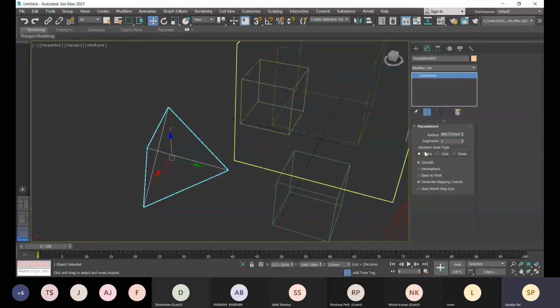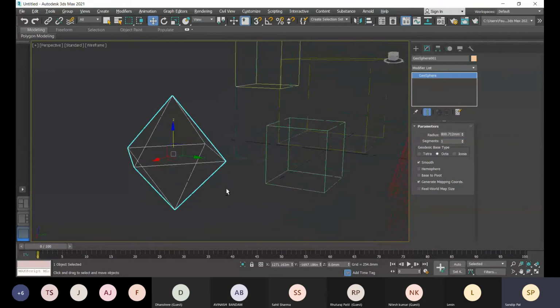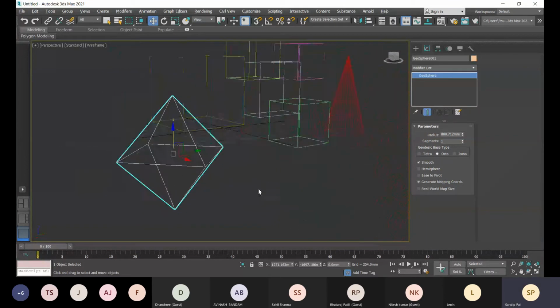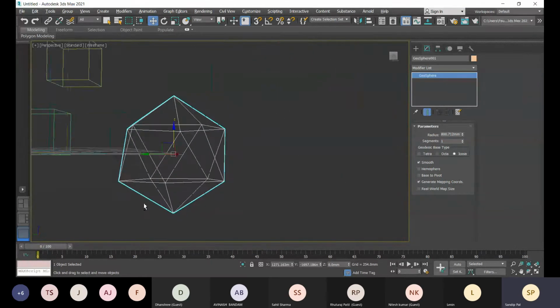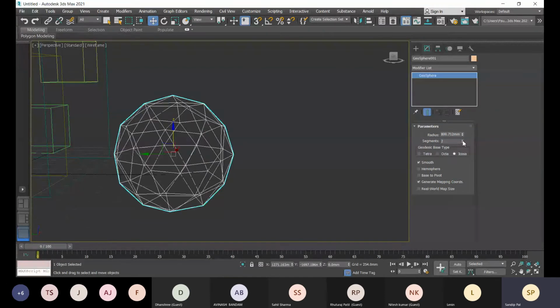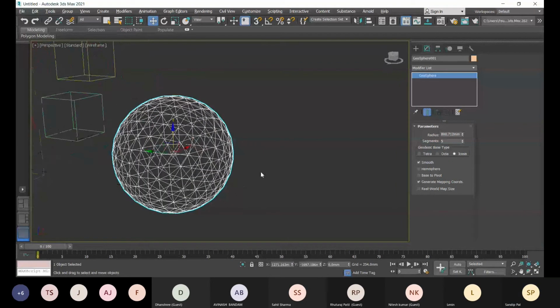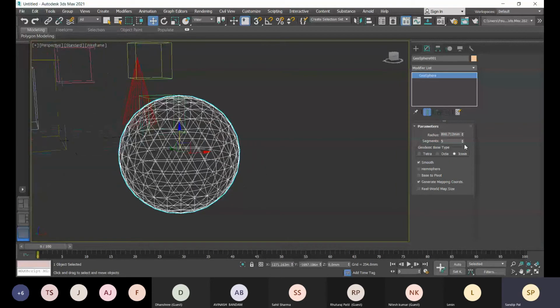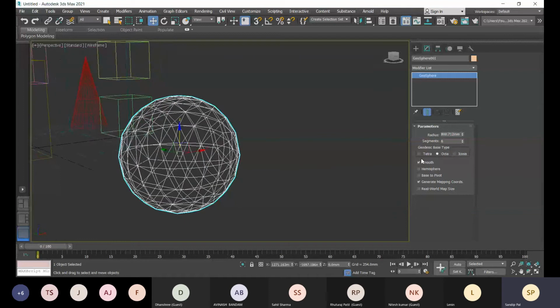Right now the geodesic base type is set as tetra, and this is octa, and this is icosa. According to that, within this radius and segments, this will be the base type, and according to that you get the shape.